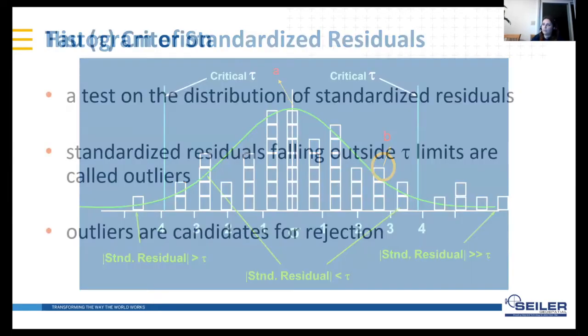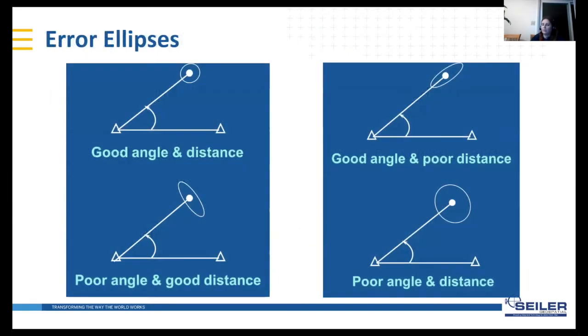These are the histograms and the tau criterion. I'm going to pass this one. For doing the network adjustment, we will change the tolerances of angles and distances. So this is a short comparison for you. The good angle and distance is given here.